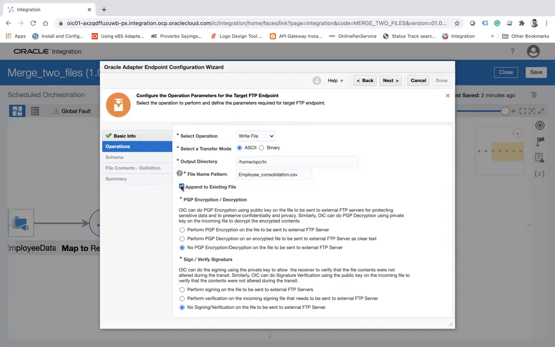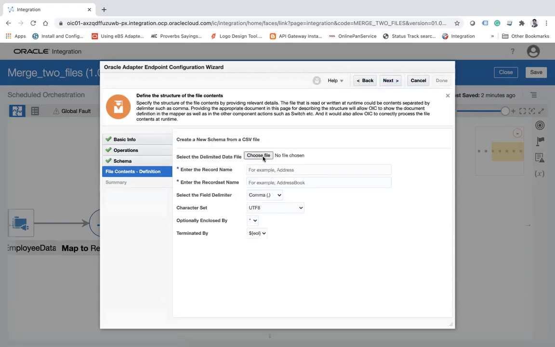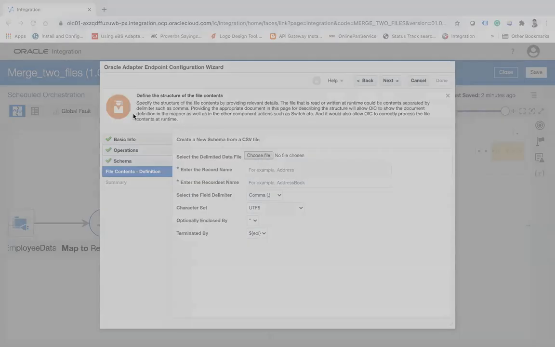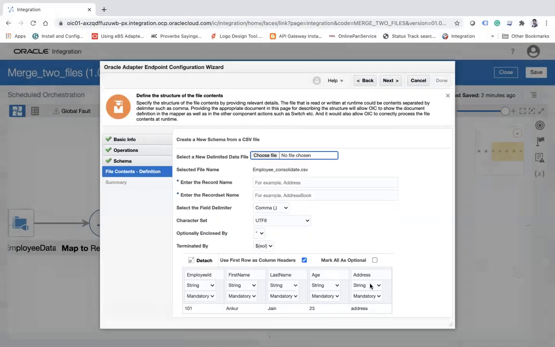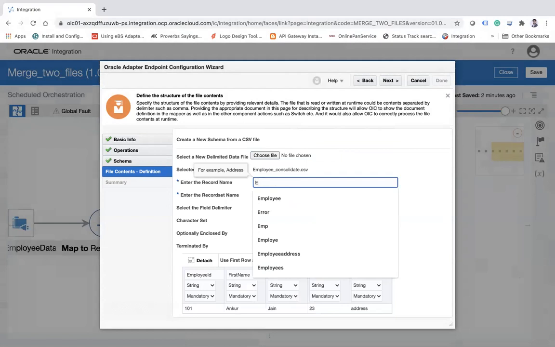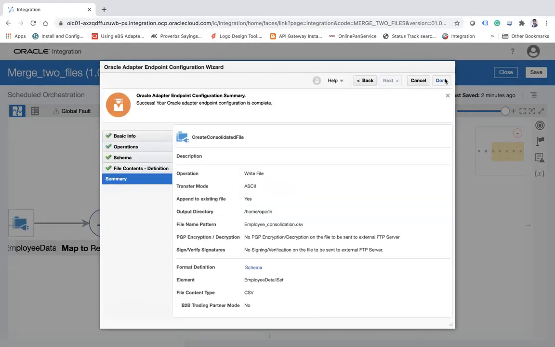I will choose append to existing file, which is very important because I am calling this FTP adapter in the loop. Otherwise, only the last record will be there. I will choose this employee consolidated.csv, which will have the address also. Okay, so I'll say employee detail set. Next, and then finish.